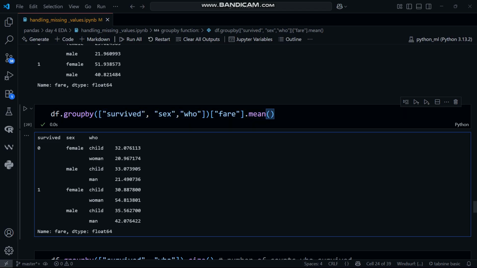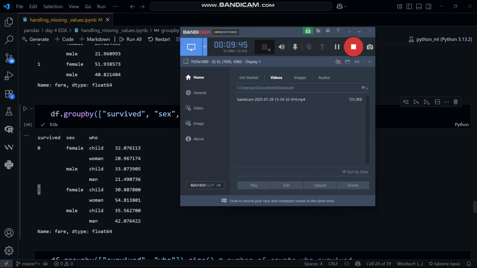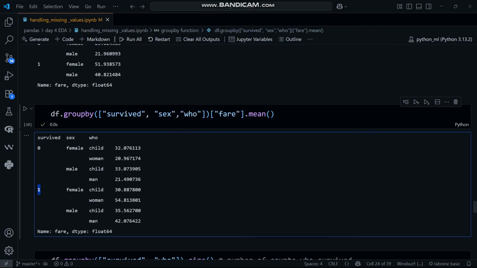Okay, survived 0 and 1: 0 means they didn't survive, and 1 means they survived. Sex is female and male, and who is child, woman, and man. Those who survived, the female child who, and her